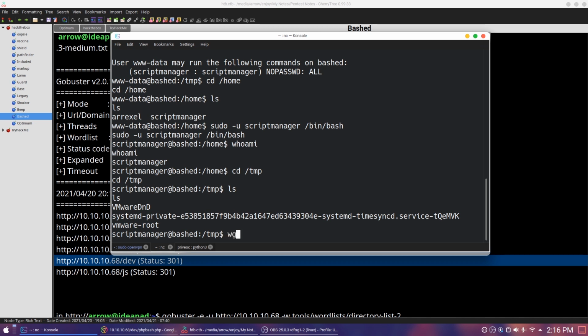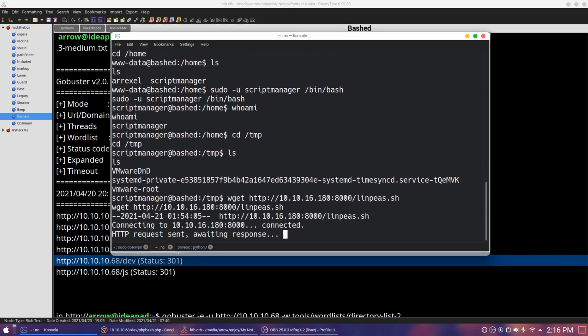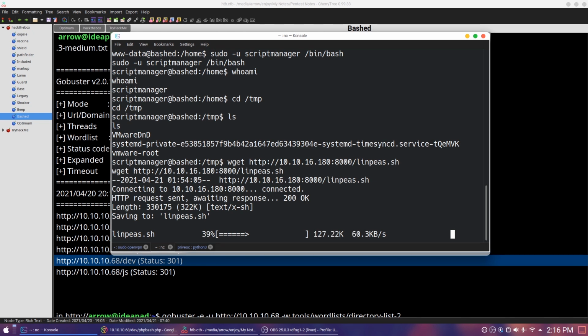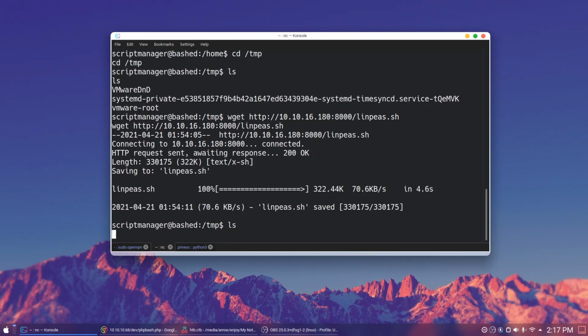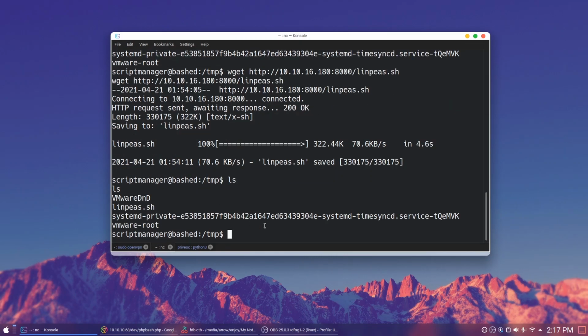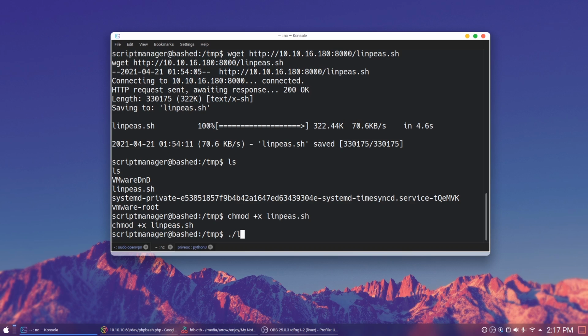Now say wget, IP address, colon, port number, /linpeas.sh, and hit enter. Let's say ls, and you can see there is the linpeas.sh. We need to give it executable permission, and now we can run linpeas.